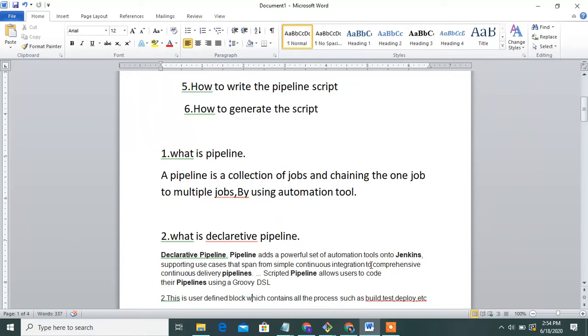Jenkins is a CI/CD tool, mostly used with pipeline scripts. Write the pipeline script and deploy the application. Jenkins supports use cases spanning from simple continuous integration to comprehensive continuous delivery.